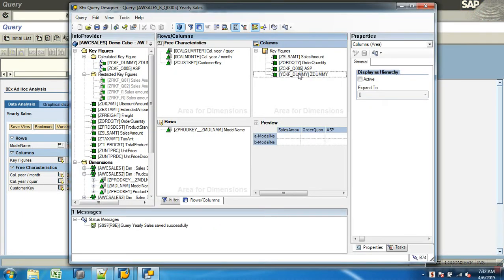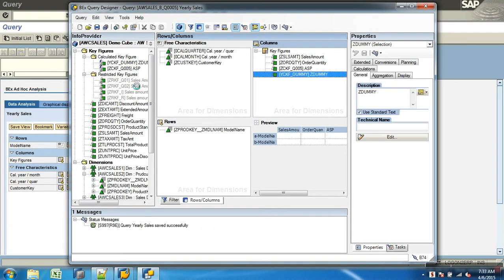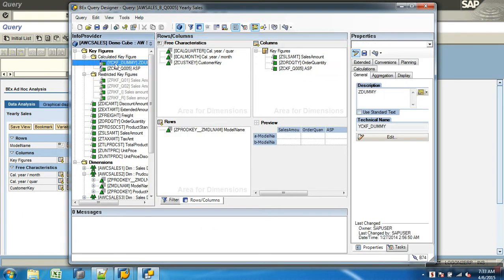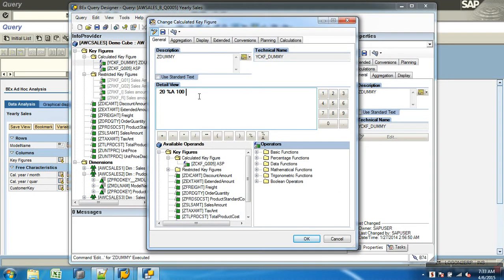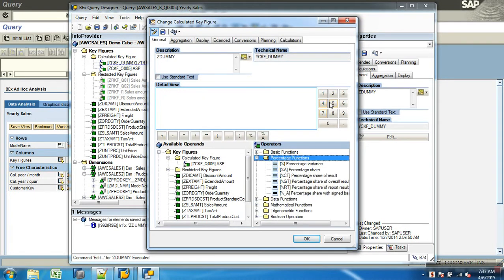Then there is something called percentage variance. So 20 percentage variance on, let's say, 100. First it finds the difference between operand 1 and operand 2, 20 minus 100, and then calculates the percentage of the difference on operand 2.